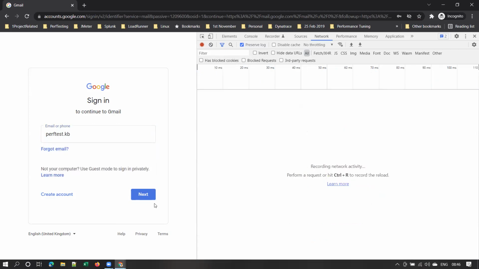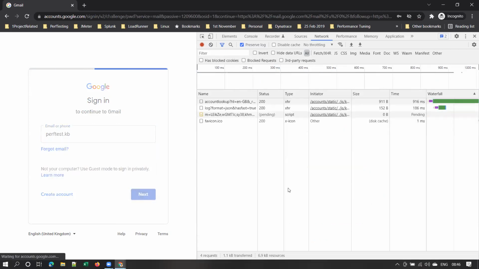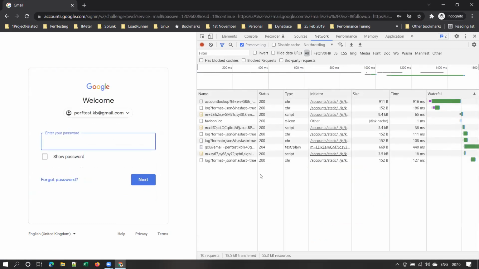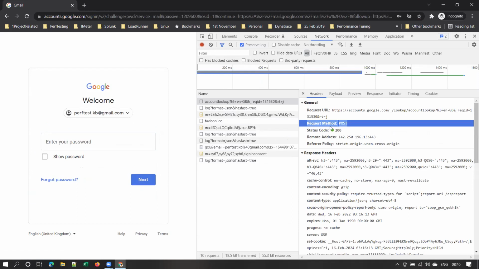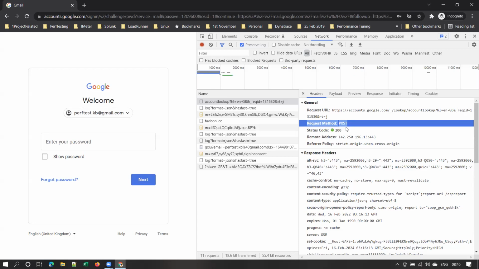Let me clear this. And you see here, what type of request method is it? It's POST. You see that the request method is a POST method, isn't it?